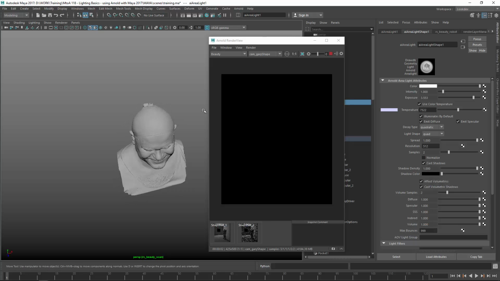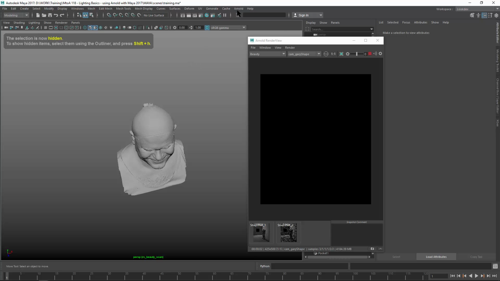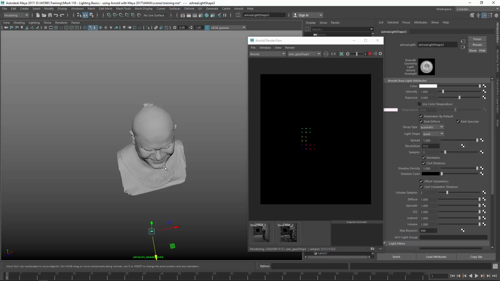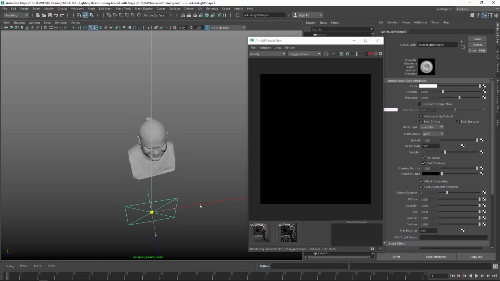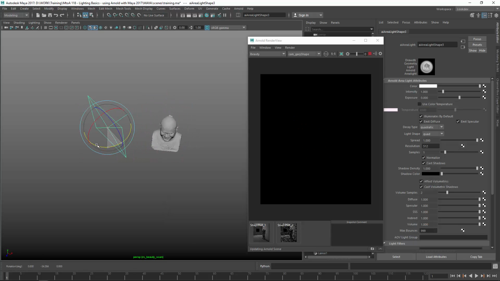Because the mesh is really high poly, it takes a while to do everything. Anyways, so let's just create a new light, lights, area light, and make it bigger. The head is about 30 centimeters high from chin to forehead. This is the area light. I want to use like a softbox, and I want to position it, I don't know, somewhere here,